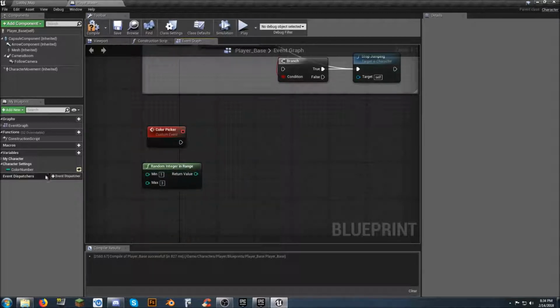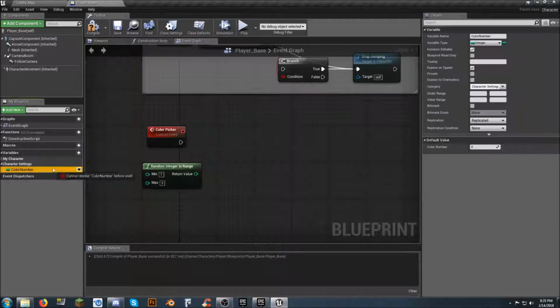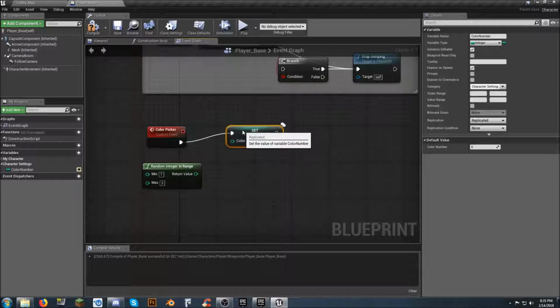Now what I want to do is hold down the alternate key and then left click on color number and drag over to right in here and let go of both. Okay. Now I want to connect the executable pins. That's these weird shaped ones right here. And then I can left click on it and drag it around. You can see the line's going to stay attached, but get in the habit of trying to keep everything neat